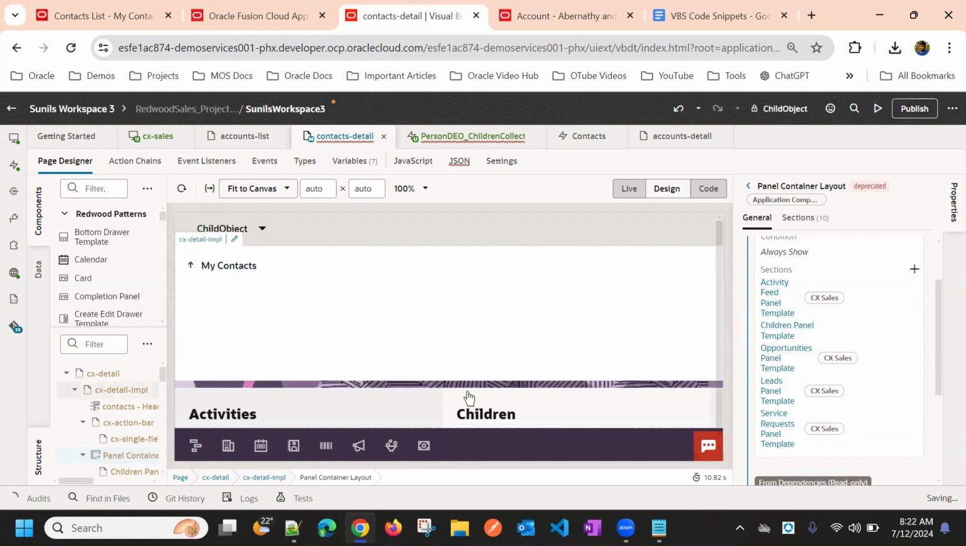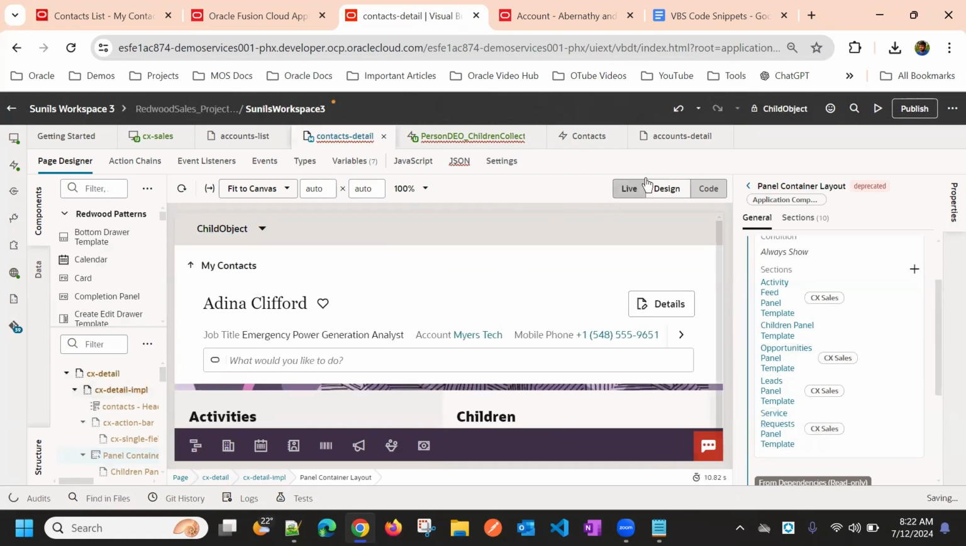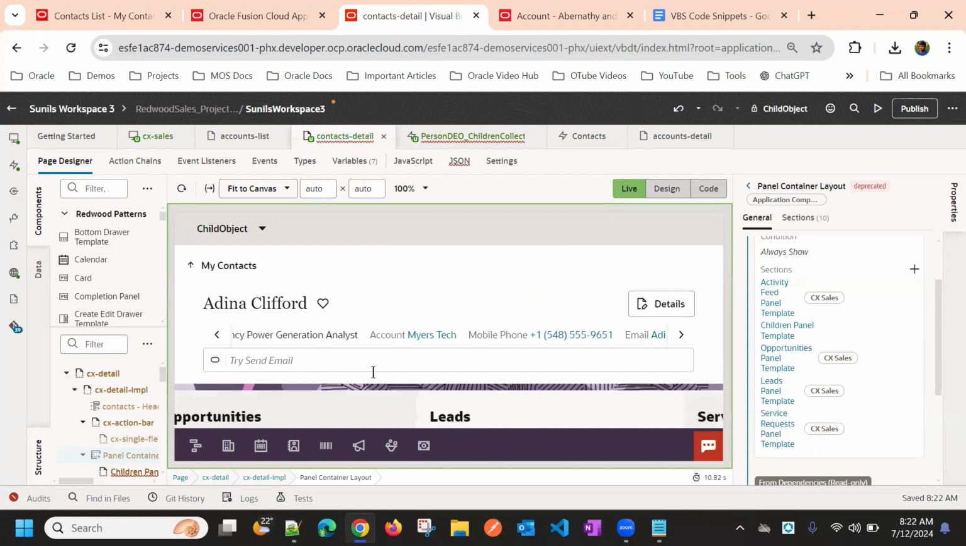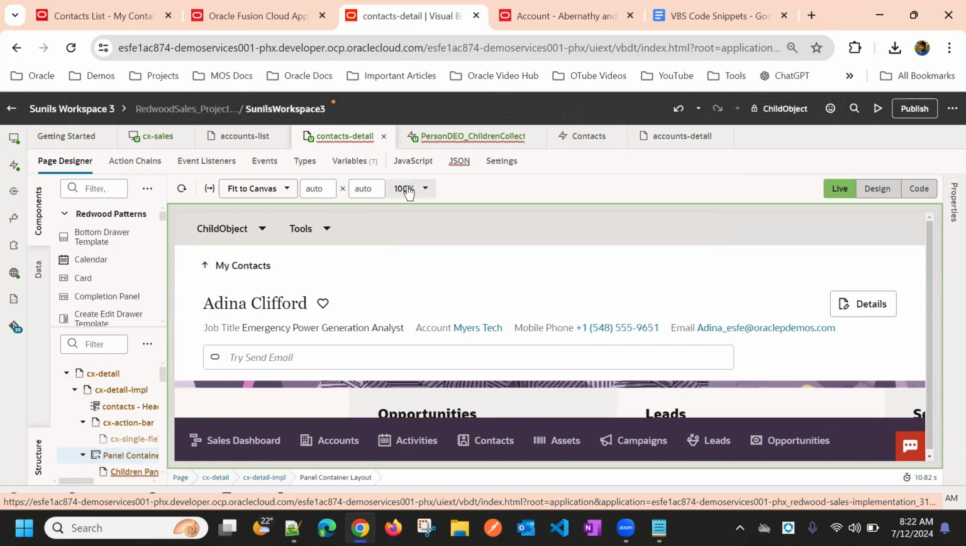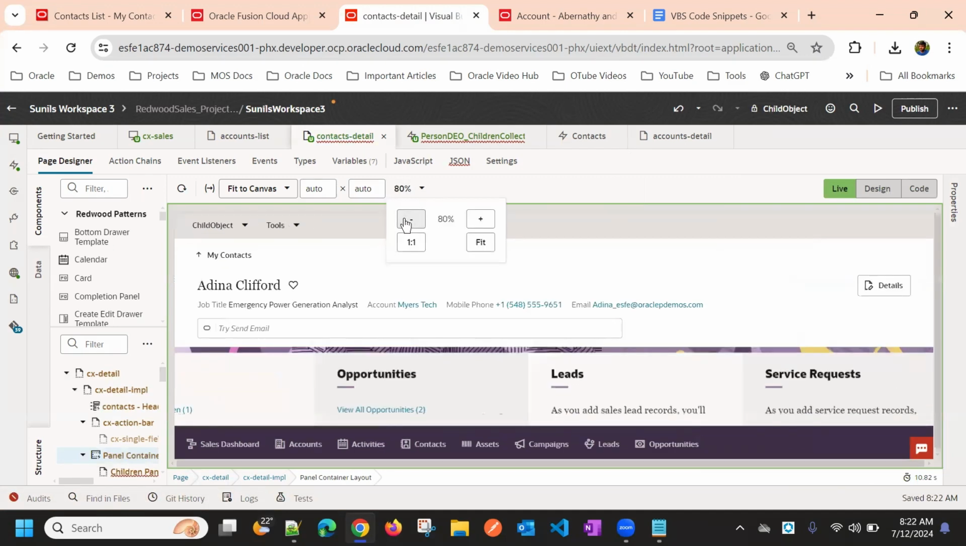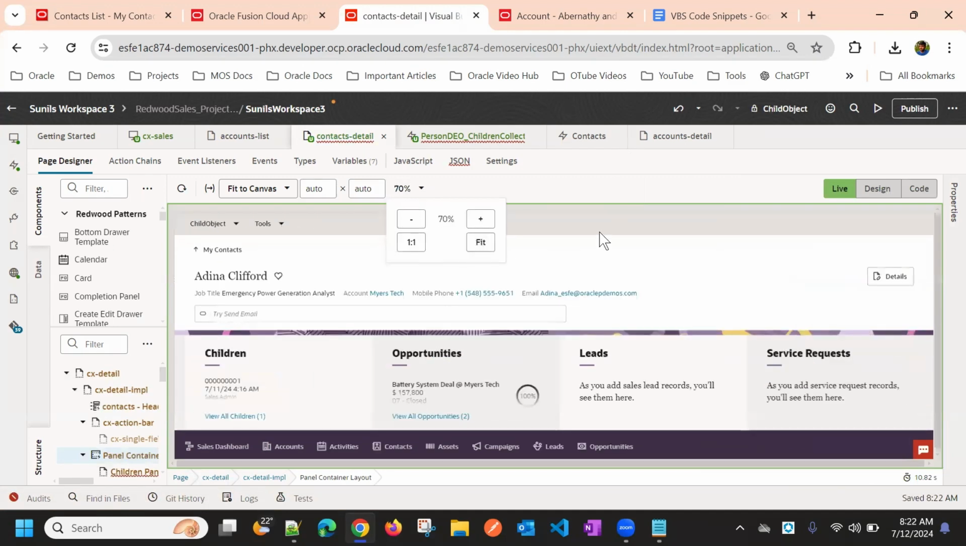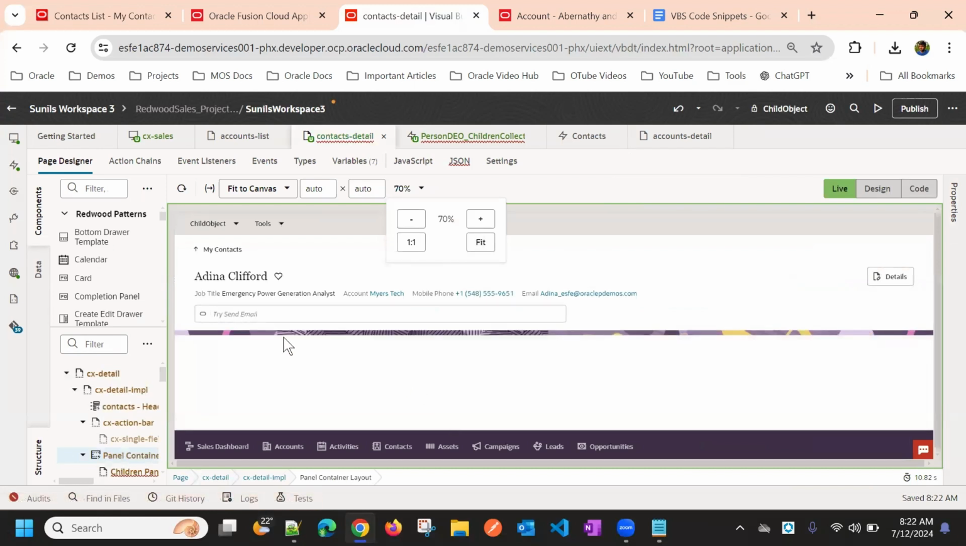So now you can see a children panel here. Same way, you might need to add it for subview as well. For subview, again, we'll switch to live mode, and select view opportunities to point, to basically navigate to